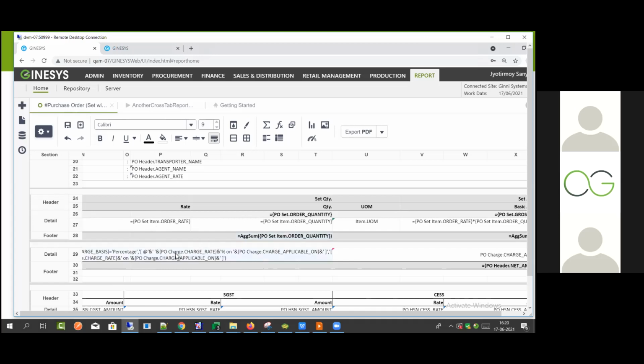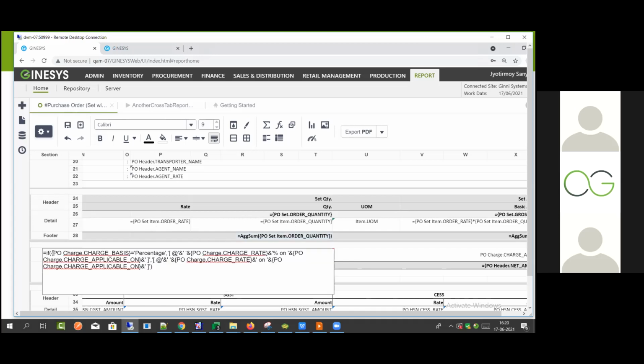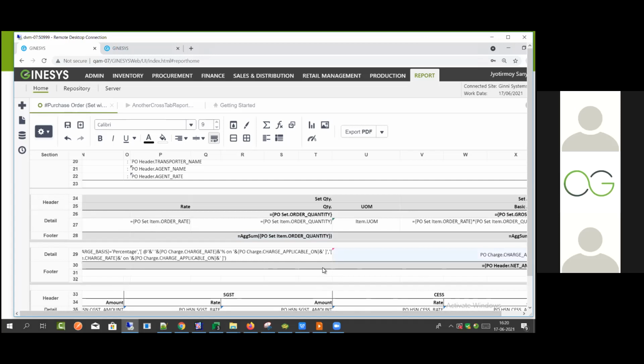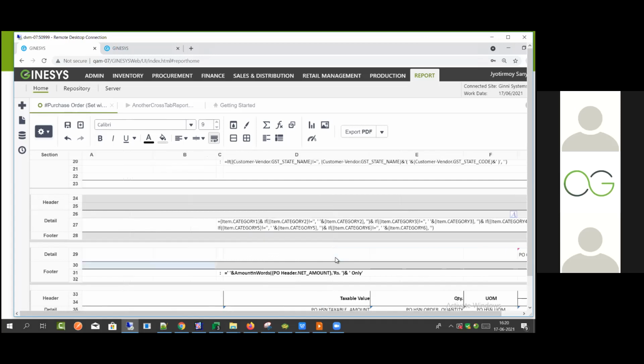Similarly for charges, we have another data source which is called the PO charge. For the PO, what are the charges? You can get that. Again, this report will be based on my PO order code. Let me put the design, one second.